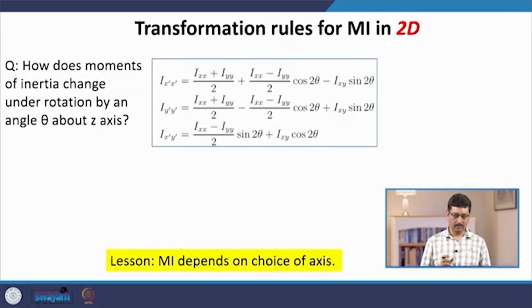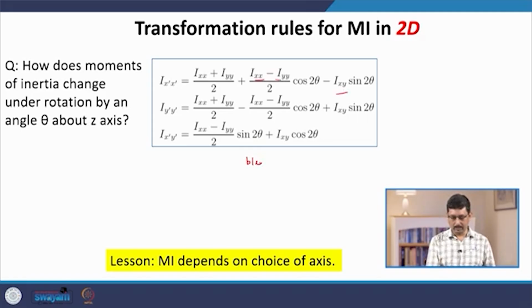Then we can ask how the different components of the moment of inertia change under rotation when I go from the blue axis to the black axis, that is, under a rotation by an angle theta about the z axis. Now, I am going to give you the answer. These are the transformation formulas. If we know the components of the moment of inertia Ixx, Iyy and Ixy